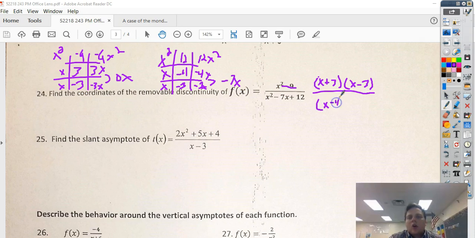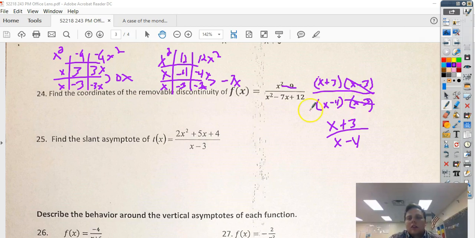Now, you can only have removable discontinuity if there's something to cancel out on top and bottom. Is there something to cancel out in this fraction? Yeah, the x minus 3's. So now my new fraction is x plus 3 over x minus 4. So, to get your hole, that's removable discontinuity, first off, you take what you just canceled out,